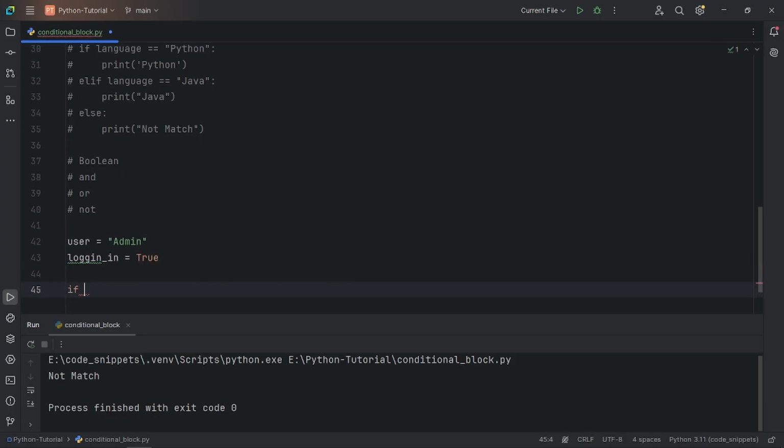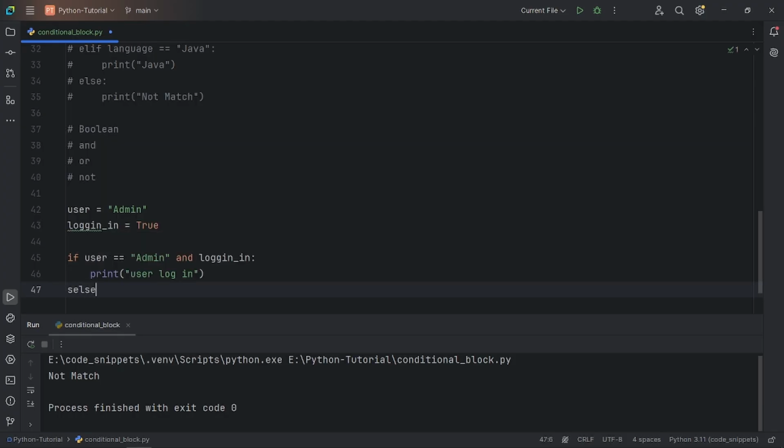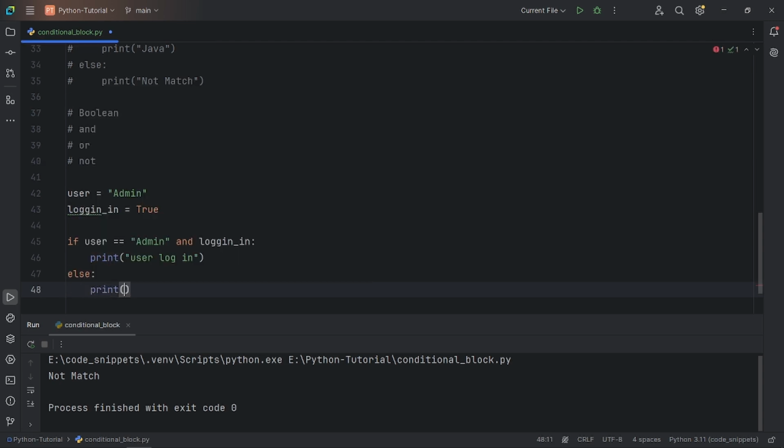So if I check here, if user double equal to admin, okay, and I can write logged in, if true, then only go ahead and print this statement user login, else it will print not logged in. Okay,